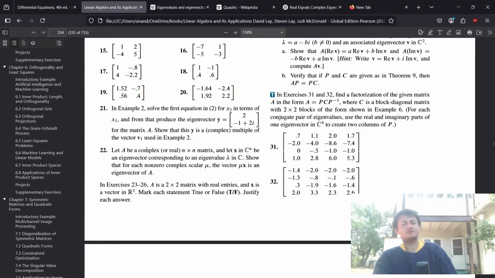All right, wait. So let me read this problem again. A is a complex or real n by n matrix, and let x in C^n be an eigenvector corresponding to an eigenvalue mu in C. Show that for each non-zero complex scalar lambda, the vector... Okay, if we're just talking about reals, then